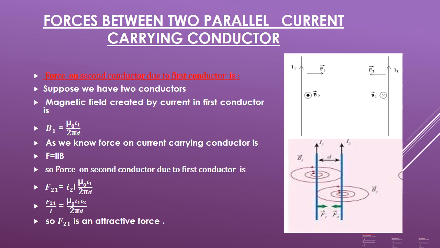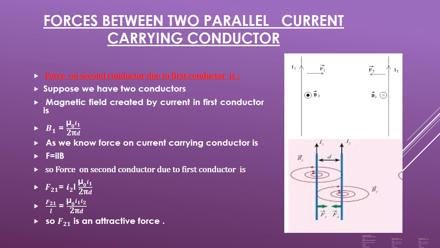How do we find it? We will find the total force on this length L. This total force is divided by length L and it will give force per unit length. Okay, so this we are going to find out: whether there is any force of attraction or repulsion and what is the quantity of that force.